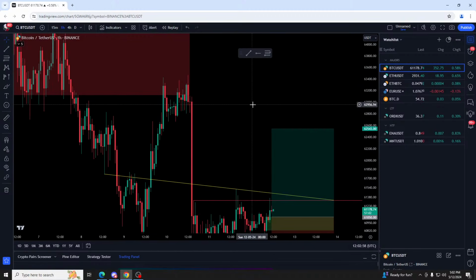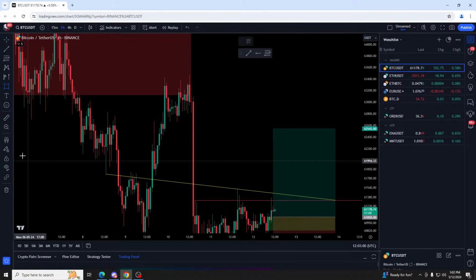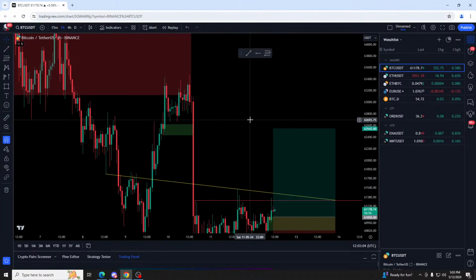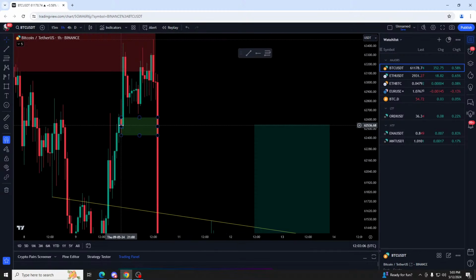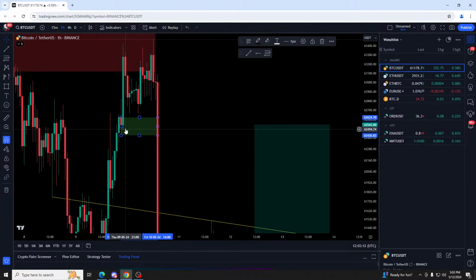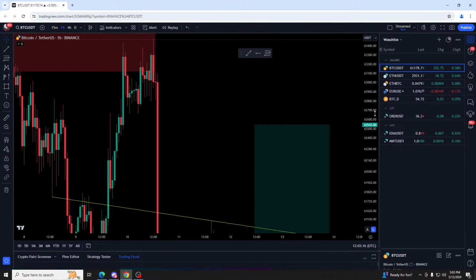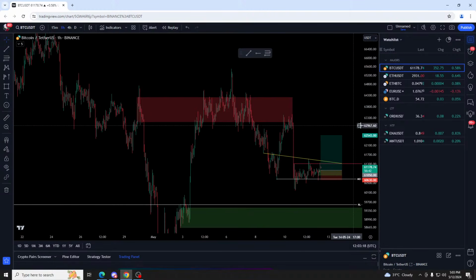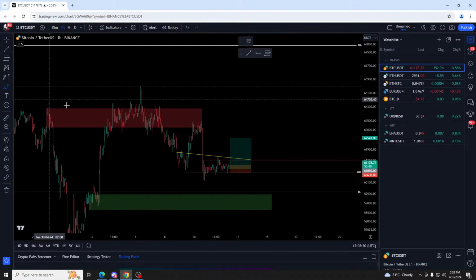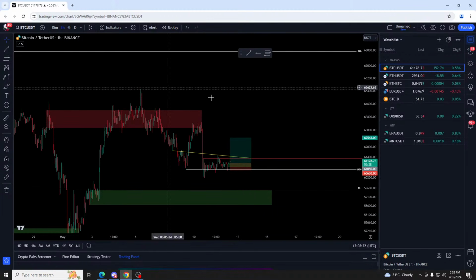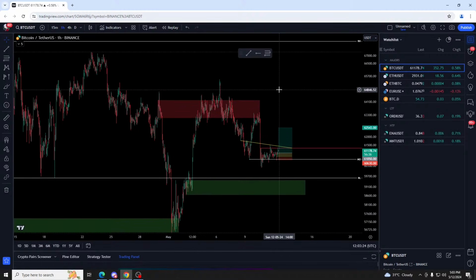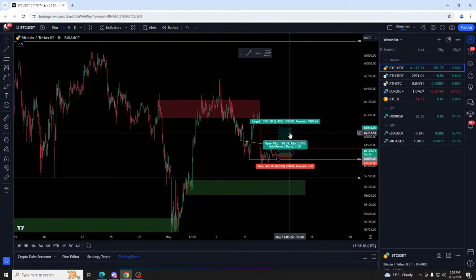Because why at this exact level? The reason is because there was this H1 order block here. Now the body of this order block here is going to act as resistance. Could be the wick as well, depends how price reacts here. But most likely it's going to be the body, opening body, and from there it's not able to exceed. And for the higher time frame, there's another reason why I do not want to see the dump start from right here, because